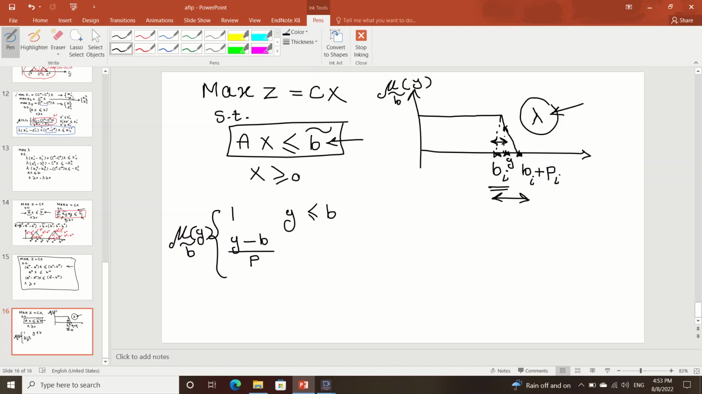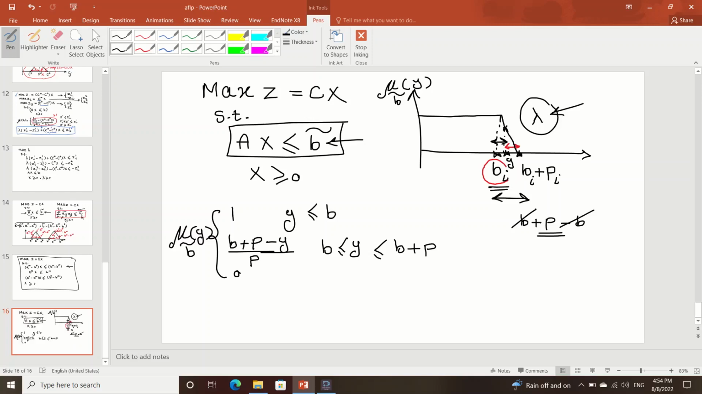Y minus b, excuse me, in this structure we must obtain this part, b plus p minus y divided by b plus p minus b, and the conclusion of this calculation equals p in this part. Okay, and y between b and b plus p,